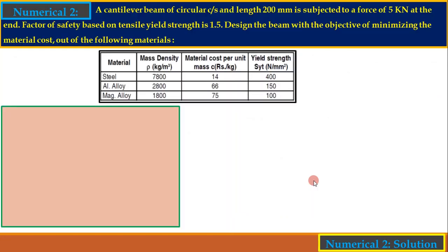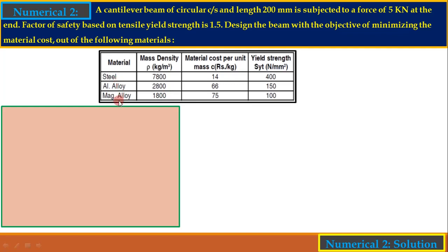Now we'll solve a very important numerical in which we have been given some values for this component. So this numerical number 2: a cantilever beam of circular cross section and length 200 mm is subjected to a force of 5 kN at the end. The factor of safety based on the tensile yield strength is 1.5. Design the beam with the objective of minimizing the material cost out of the following materials. So here three materials are given,